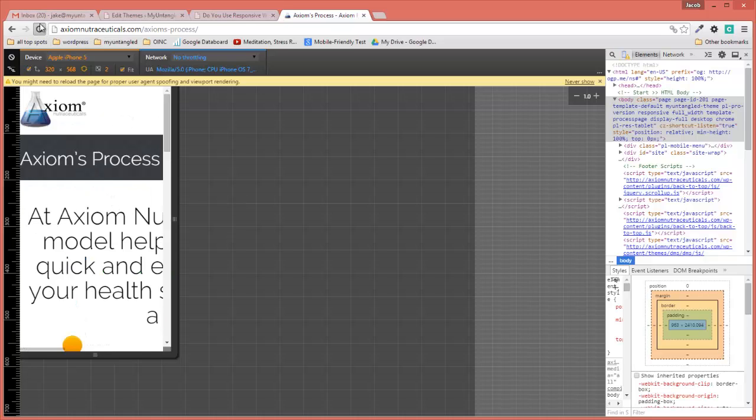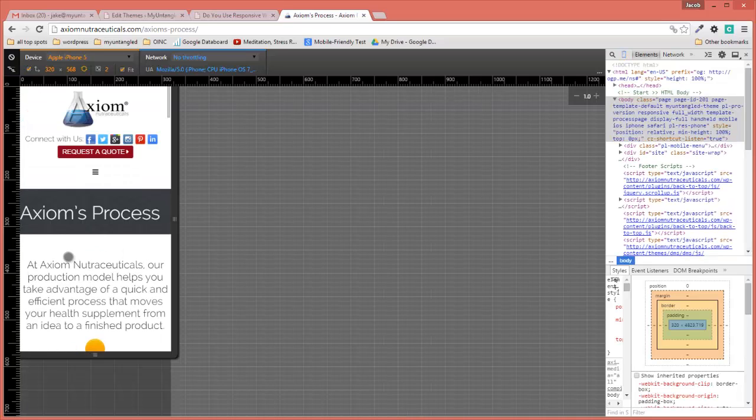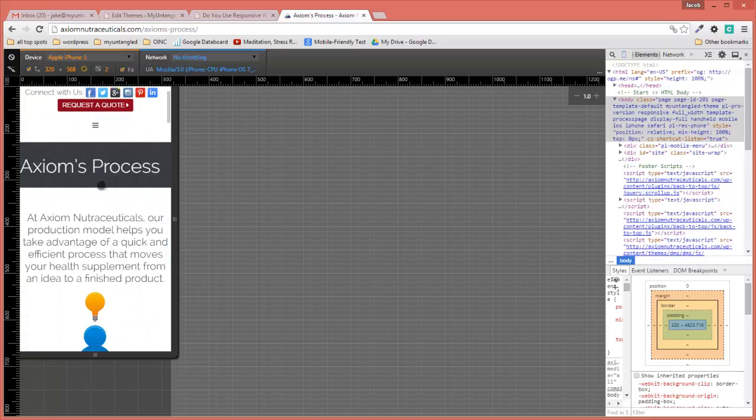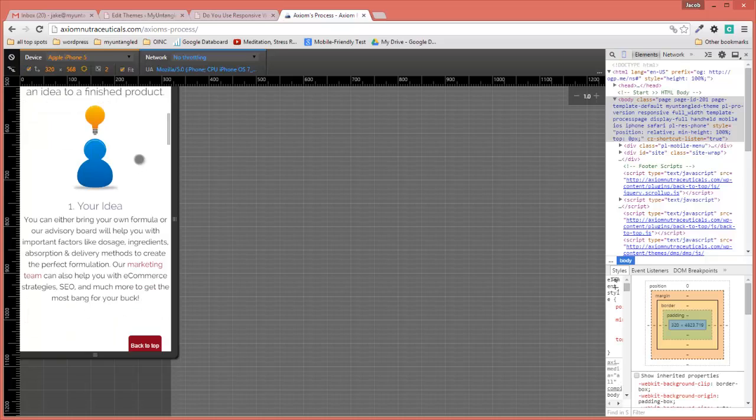A lot of times you have to then reload in order to get the simulation to re-register. So after I reload, you'll see everything gets stacked. At this iPhone width of 320 by 568, everything gets stacked. This mobile menu comes up here, much like the other one. This gets smaller, and you'll see